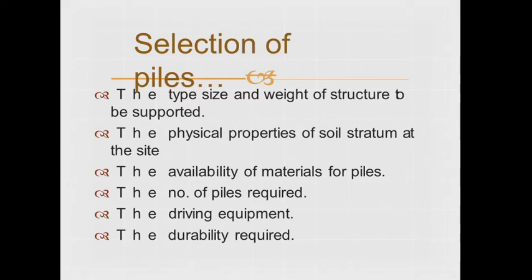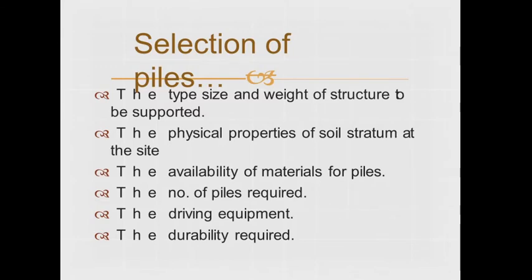Selection of pile. For any structure, selection of pile is done considering the following main factors. The first, the amount of load to be supported. Next, the depth at which adequate support is available, and the physical and chemical properties of the soil strata. The type of equipment used for driving a pile. Next, stresses likely to be developed while driving the pile, and the comparative cost of different piles and their durability.